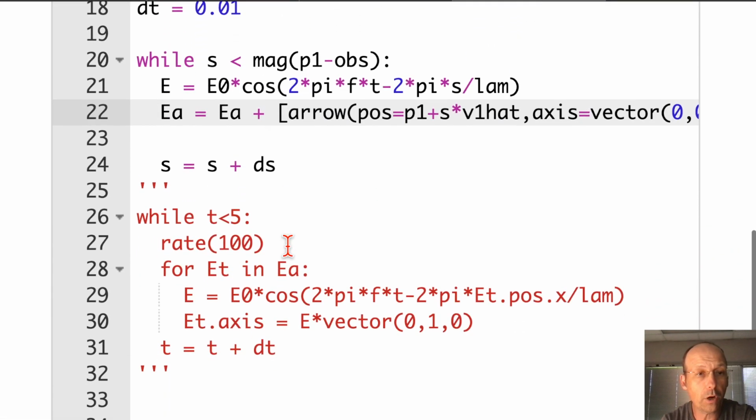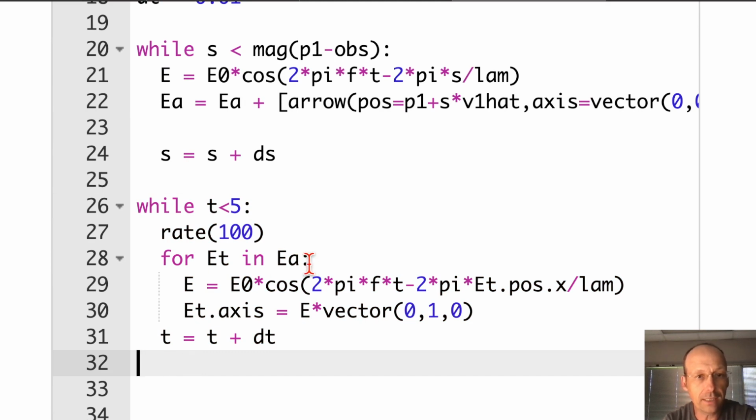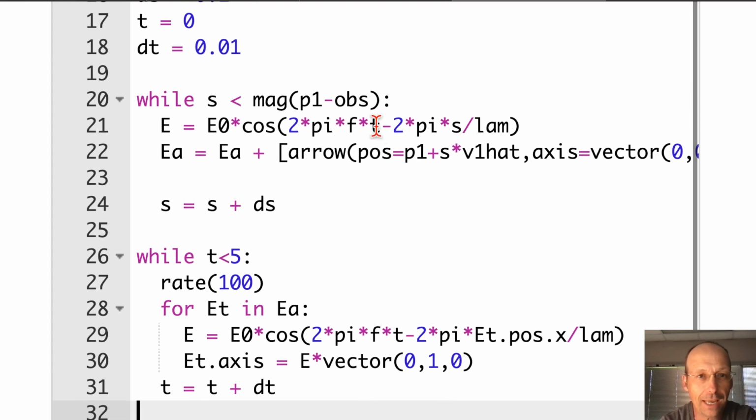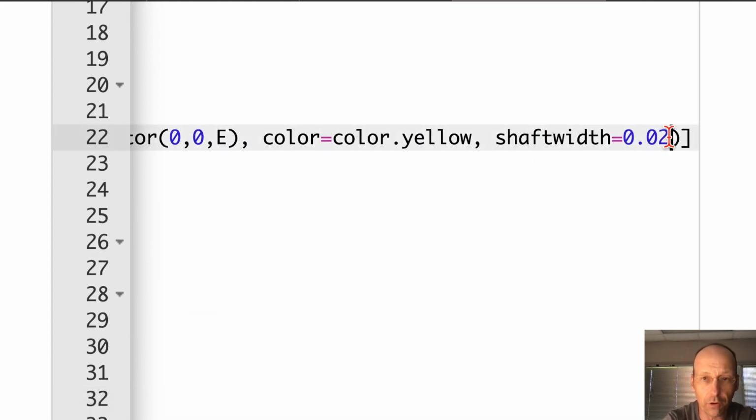So down here, what do I need to change? I need to get rid of that. I need to get rid of that. ET and EA, that's fine. This is fine too, but now this is not fine, right? Because I need to calculate, I need to know the parameter position of each thing, which I don't have, right? I don't have where it is. I did that only once. So I'm going to go cheat. Up here, what I'm going to do is I have my S value. I'm going to go up in my declaration of an arrow and put